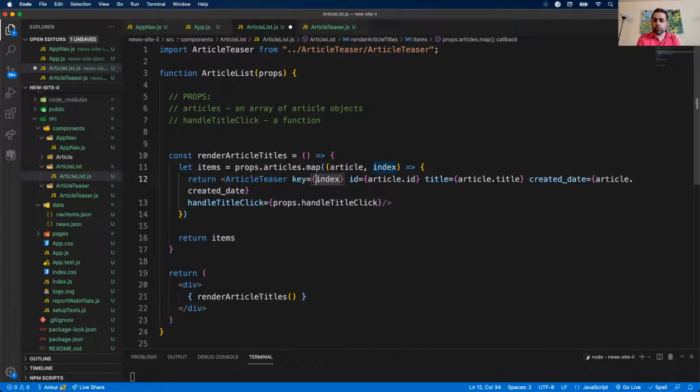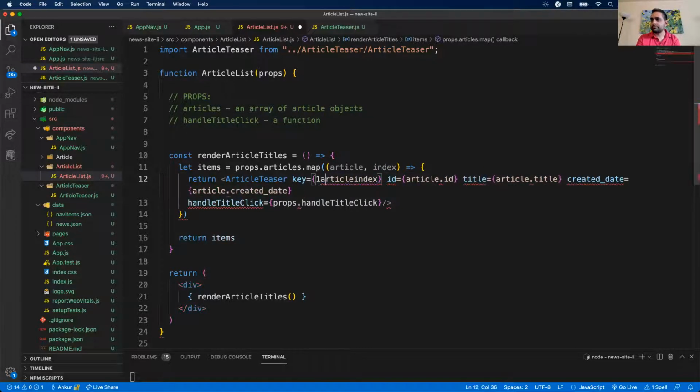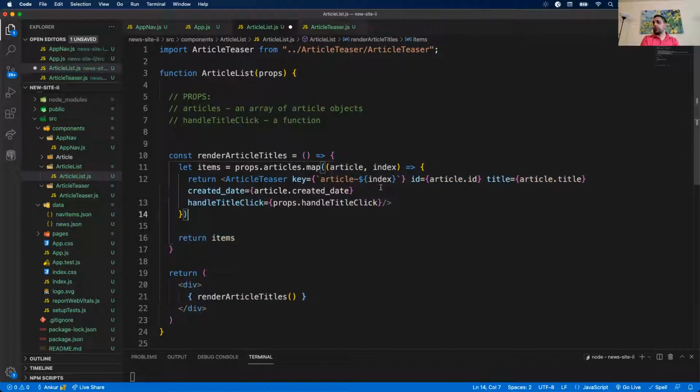Let's call it article. Sorry, I just want to make sure I have unique key values. All right, so the key will be article dash the index. That's what index is for. The article, again, it's each entry in my articles array. We use that in our map function. So it's essentially like doing a for loop where we get each entry at each index and then use that to create a component. I don't know if that answered your question, Guillermo, but yeah, we still need to handle